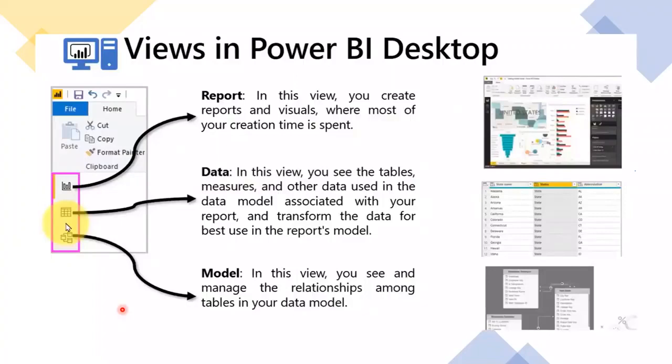Coming to the main concept, Power BI Desktop, where we are going to spend most of our time. In Power BI, there are three different views. As I showed, this one we call the report view. Once we pull the data, the icons will be like these three. This is the report view. This is the data view. Whatever data set we have pulled, we can go here and see the data. And this is the model view. If you pull different data sources, we can do the modeling and relationships. We will give some relationships, and all those activities are performed here in this relationship tab.